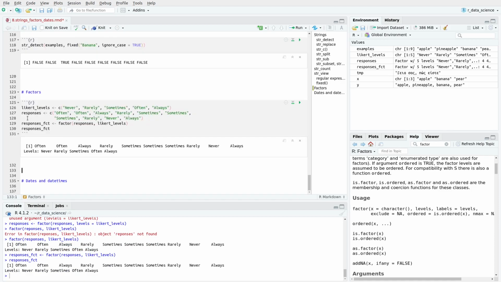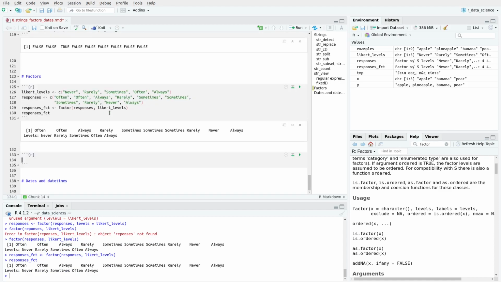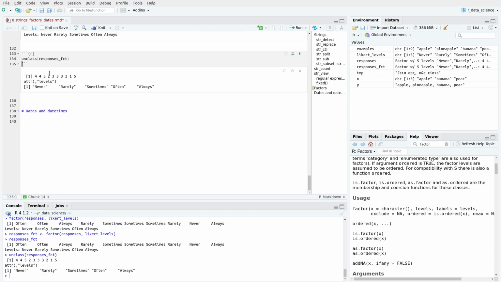and we can print this again to see the same view. And to explain factors, there is a function which is called unclass, and we won't need this function again, but what it does is to helpfully display what the underlying data structure looks like if you remove the class and if you remove the special instructions on how to print a factor. So basically, a factor consists of the values here, which are represented as numbers,